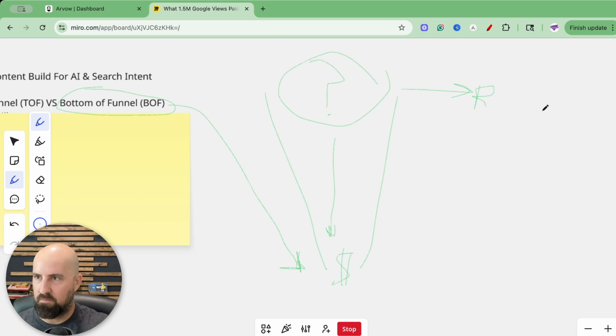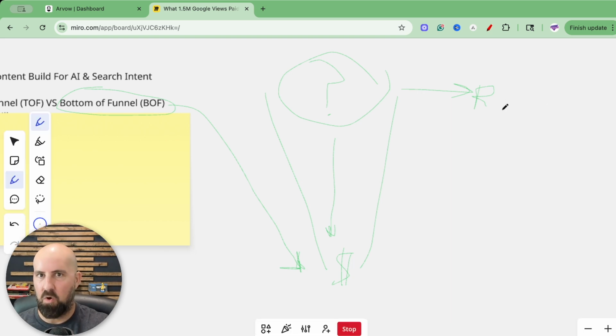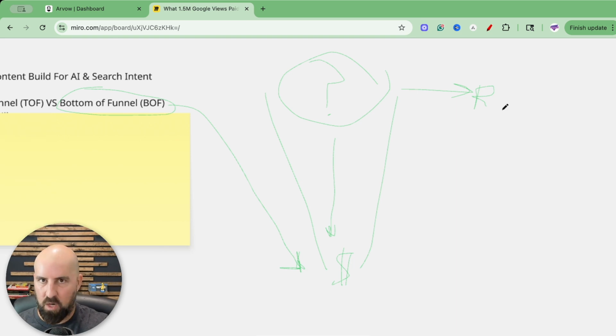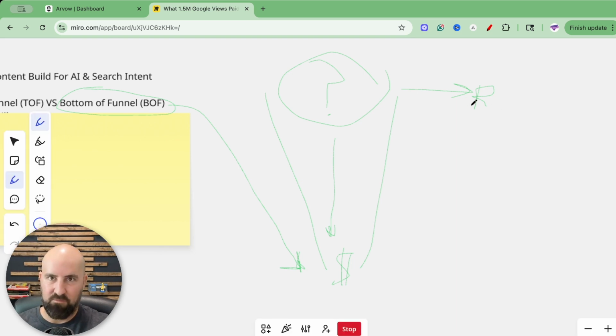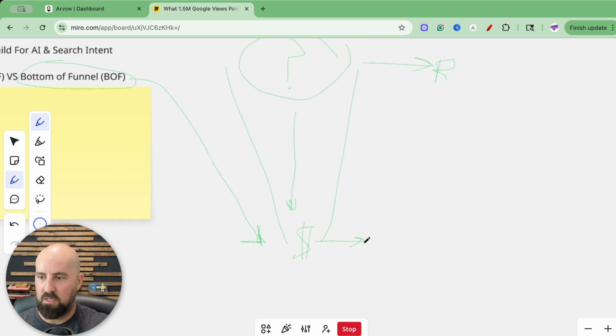So some people are maybe thinking about running shoes or looking at different running shoes. They're not close to buying yet. They don't know what type of running shoes they need or want for whatever situation. Now, if you instead do content not just on broad running shoes, if you do content on running shoes for